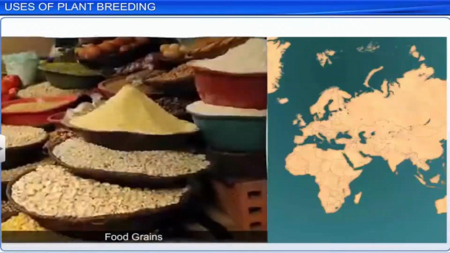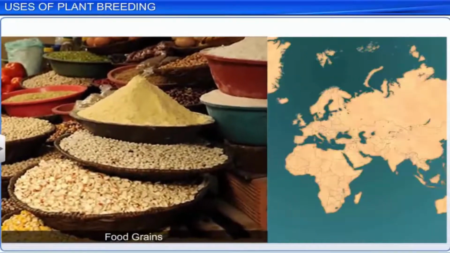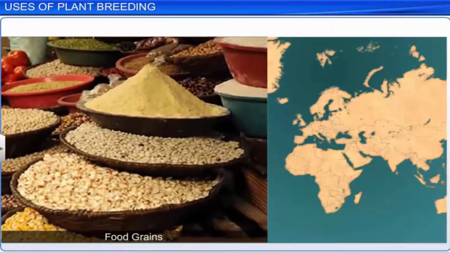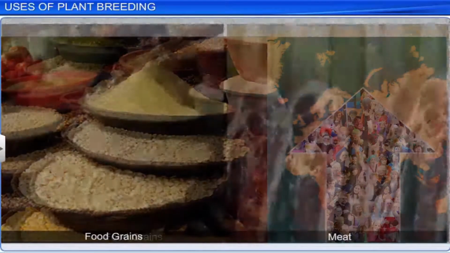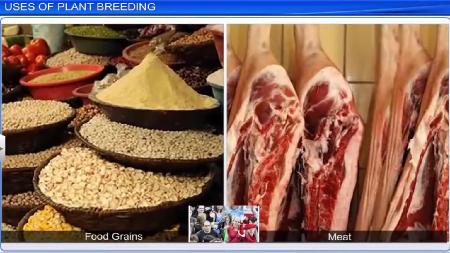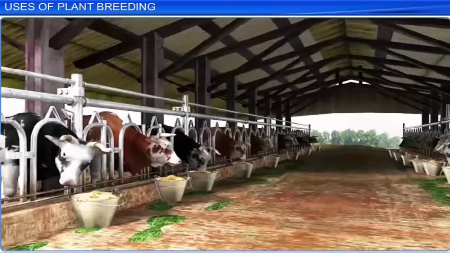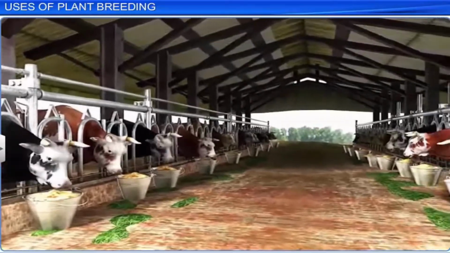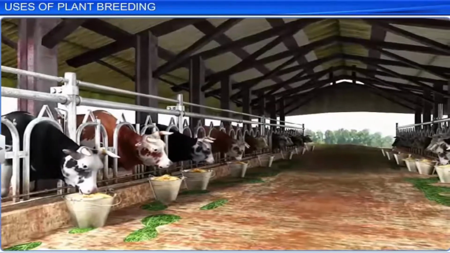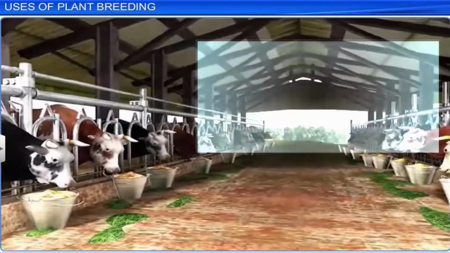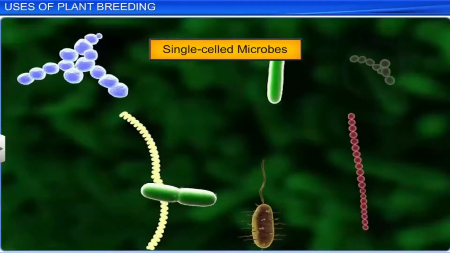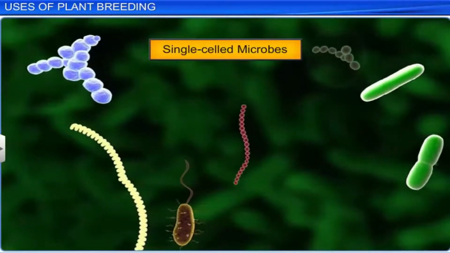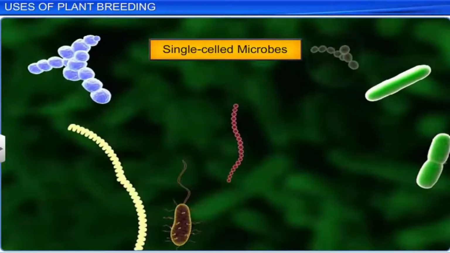Despite biofortification and several plant breeding techniques to boost food production, the demand for food was ever increasing. The shift to a meat diet further increased the demand for grains, as food grains are also used as animal feed. For example, a cow needs to be fed around 7 to 10 kilograms of corn to get around 1 kilogram of meat from it. For this reason, in addition to biofortified foods, scientists proposed the use of microbes as a